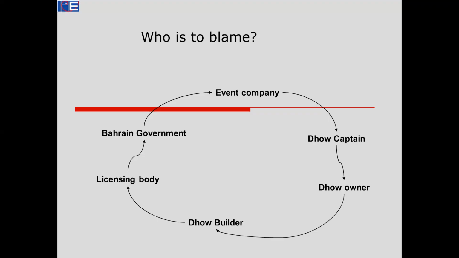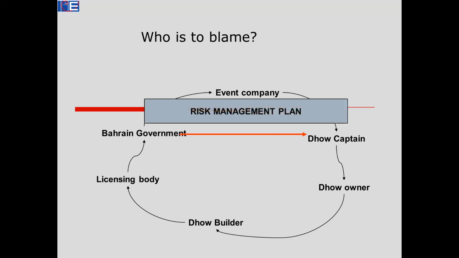is to blame. The licensing body blamed the government because they were told to do certain things by the government. And I can tell you now, the government will never blame itself. So the government then went to the event company and blamed the event company. And the whole thing went on and on and on through the courts in Bahrain and then to the international courts. Now, what you've got to do, and what they didn't do,